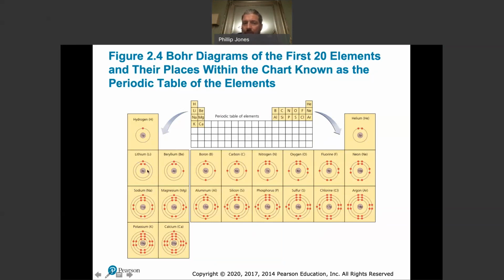So if you want to think of table salt, sodium chloride, this one has 7, so it could theoretically bind with anything with one electron. So if I bound it with H, that's HCl, hydrochloric acid, not cool. Or sodium chloride or potassium chloride. So these things are going to bond depending on the need. Oxygen, 2, 4, 6, needs 2 more electrons. So I could combine oxygen with 2 hydrogen, H2O,